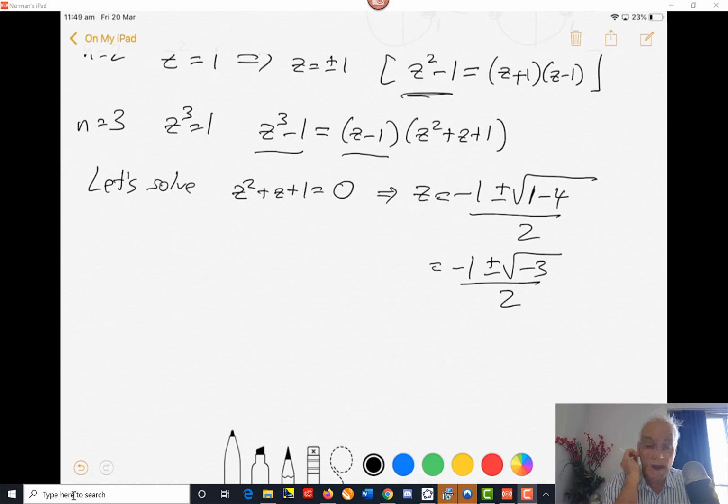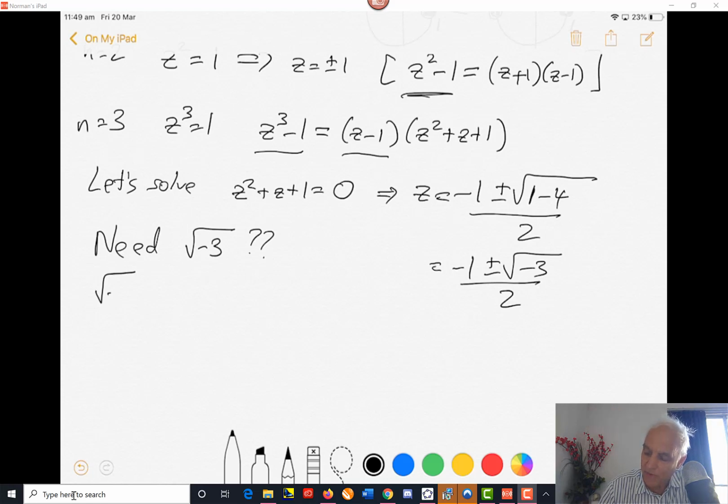So to find a solution to this, we need a square root of minus 3. Now, in high school, there is no such number, and we would say that this quadratic equation doesn't have a solution. But in the complex plane, we have a little bit more flexibility because we have i, and we know that i squared is equal to minus 1. So